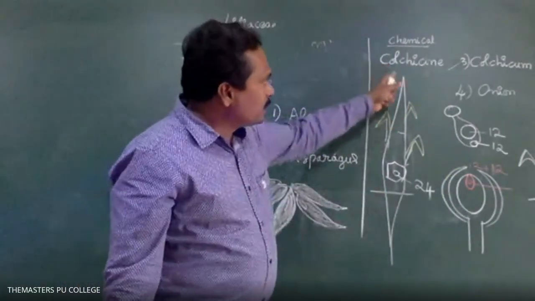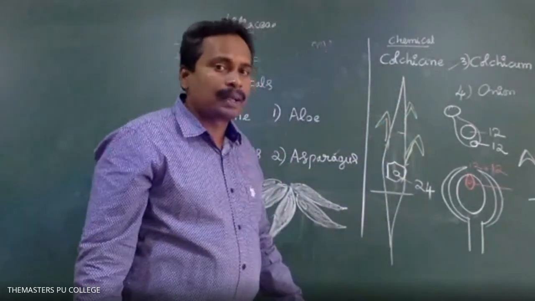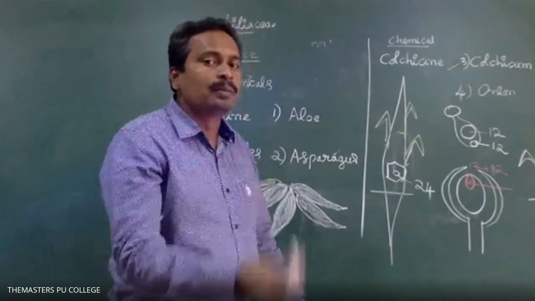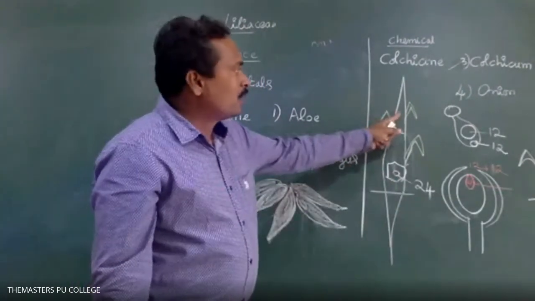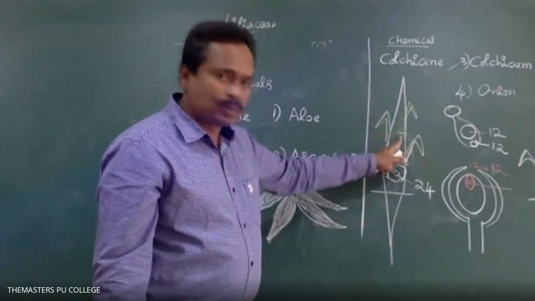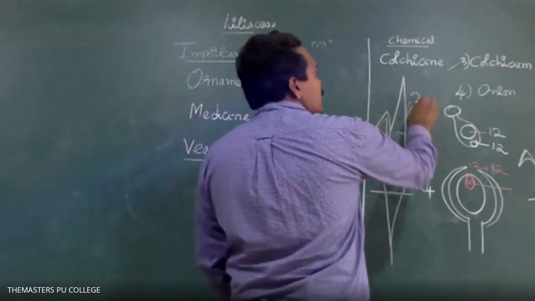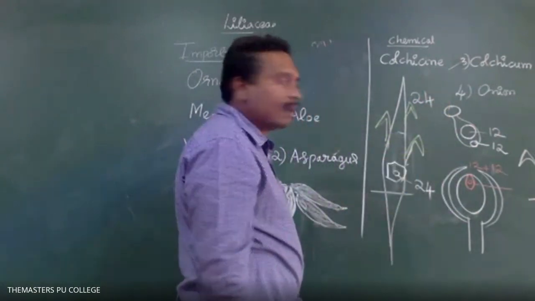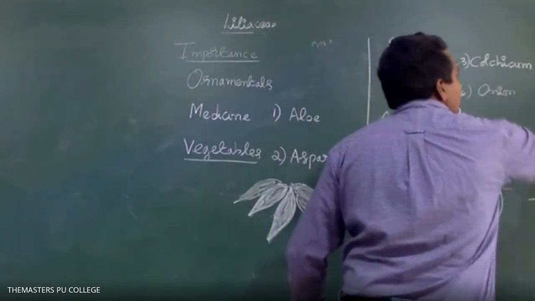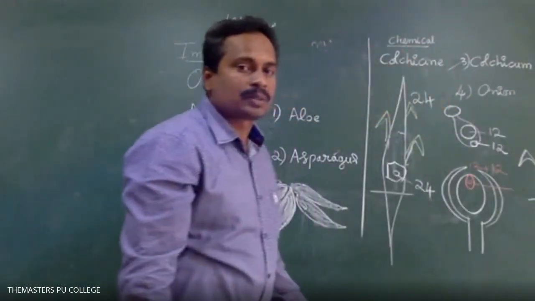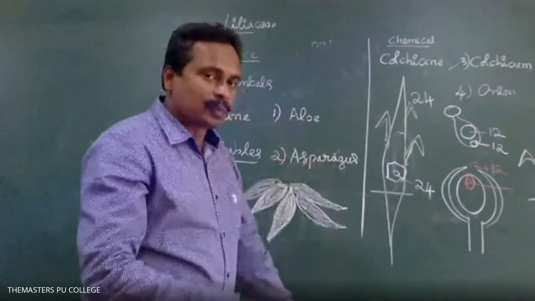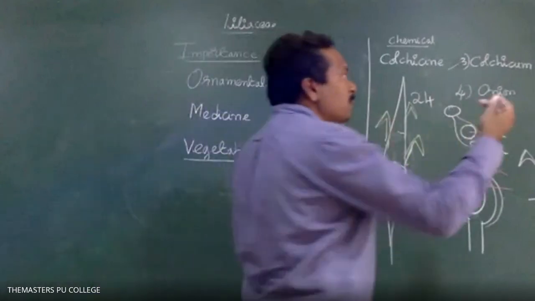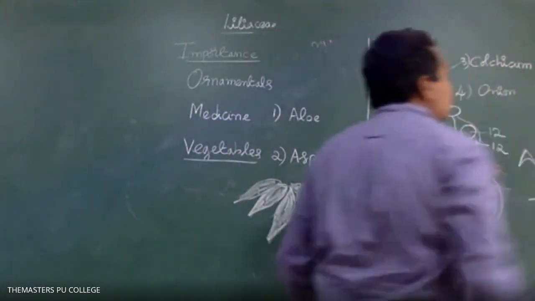If colchicine chemical is applied on the plants, the chromosomal number is doubled. Suppose the existing rice plant has 24 chromosomes; if colchicine is applied, it becomes 48. The next progeny rice plants have 48 chromosomes. If colchicine is applied again in the next progeny, the chromosomal number doubles again: 96, like that.